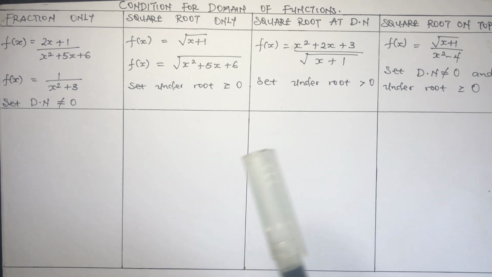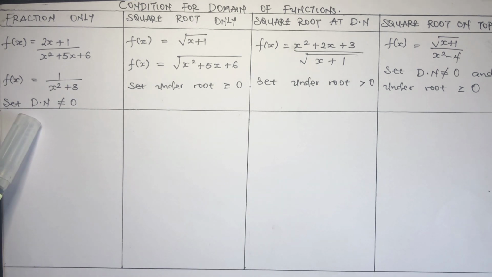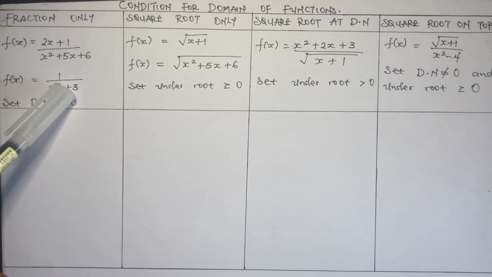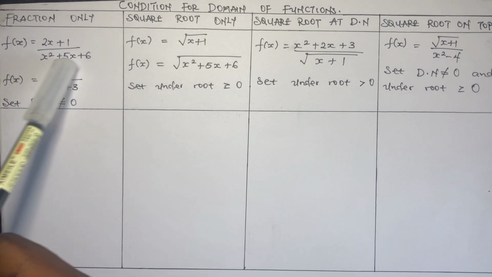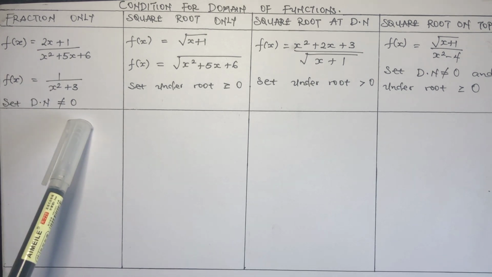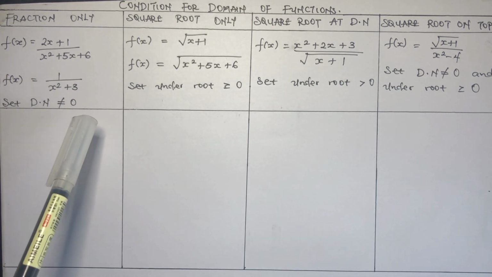domain of functions. In this case, the condition to get the domain of this function is that we set the denominator not equal to 0. The condition to get the domain of this function is that we have to set the denominator. In the first function, we'll have the denominator to be x squared plus 5x plus 6. And in this second function, we have the denominator to be x squared plus 3. So we need to set the denominators not equal to 0 in order for us to obtain the domain of